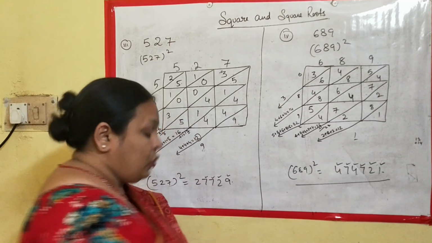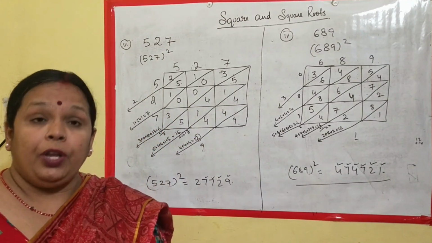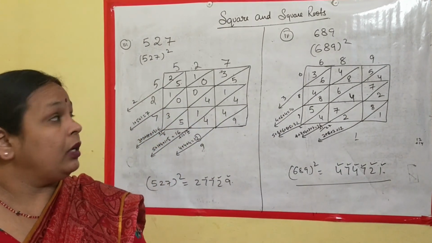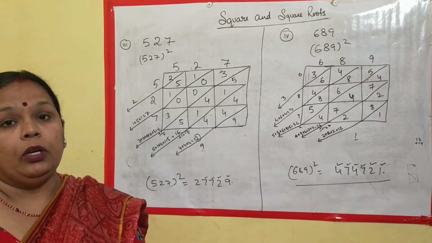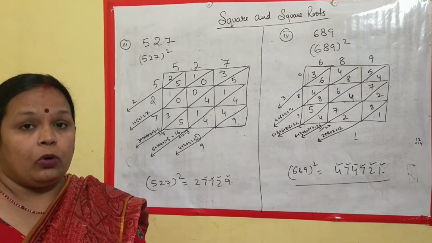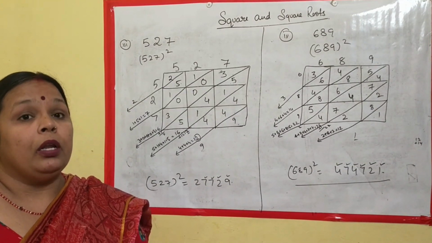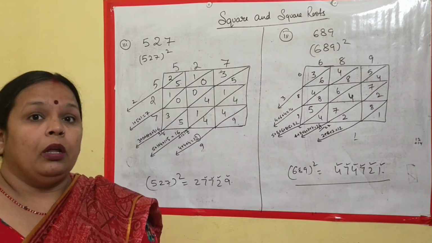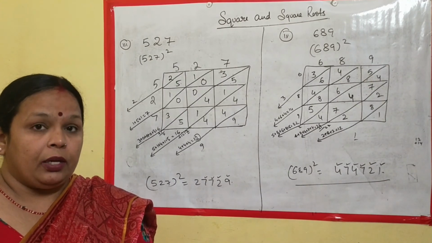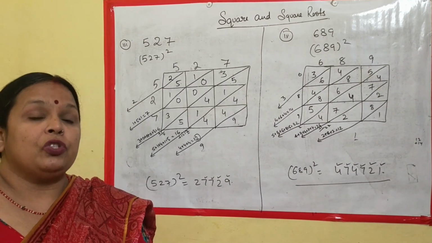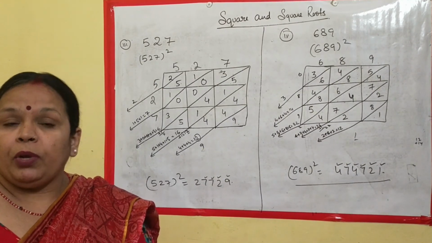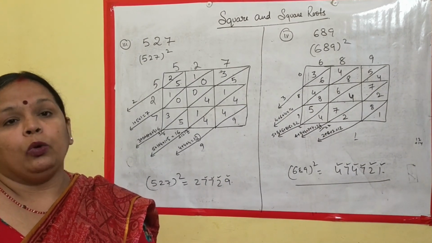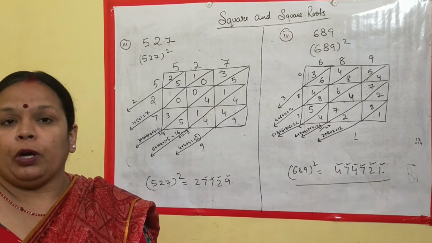Clear? So we have seen today 3 identities, the column method and the diagonal method. Keep practicing all the methods, and remember, if in an assignment a square is to be found and the method is mentioned, please do stick to the same method. If the method is not asked, you can go for any method you feel you are perfect in.